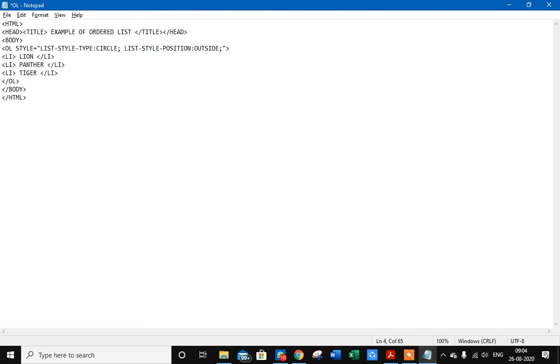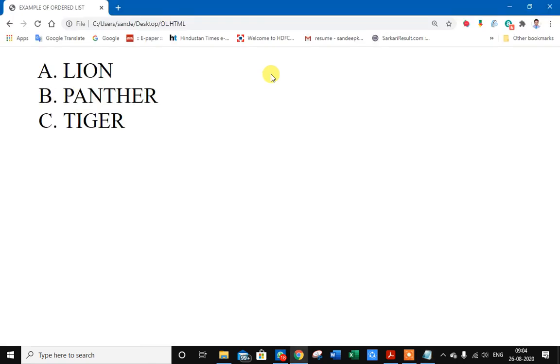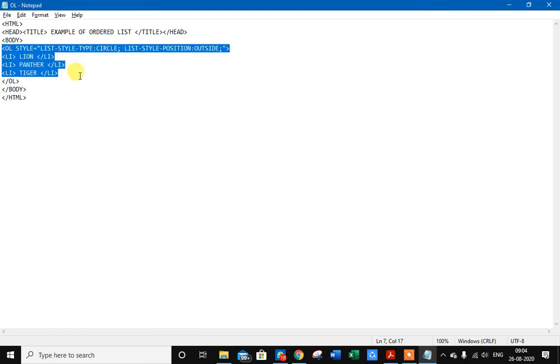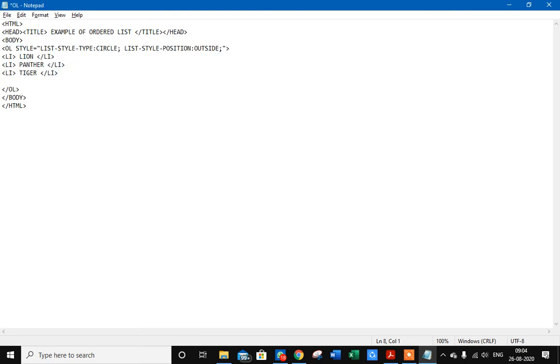Position outside. Here you can see this circle. Now copy paste. So make a new list where you will take circle alphabet.